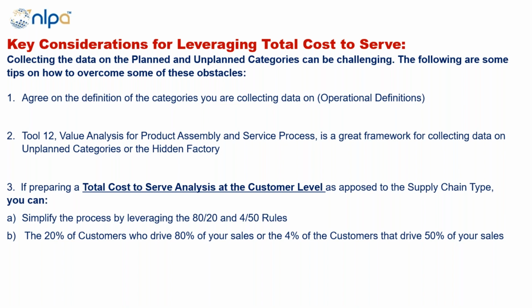So I think that might be a good place to start, because you're dealing with very, very few variables, very few customer types, and you conduct the total cost to serve analysis there, and you would see where you may have to make decisions: serve, or continue to serve, or continue to serve in a